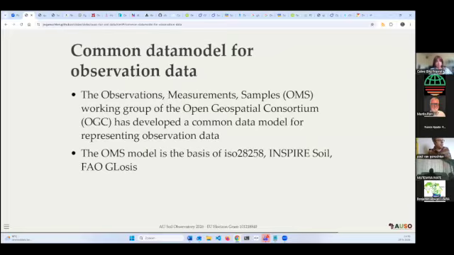And here you see that this OMS model is adopted by various very common standards in the soil domain, such as ISO 28258, the Inspire Soil, and the FAO glosses. So there's a wide adoption of the OMS model, which makes, when adopted, the observation data quite interoperable in the domain.